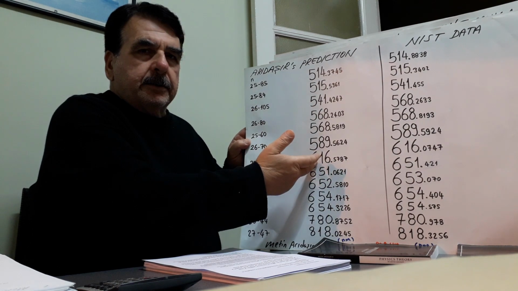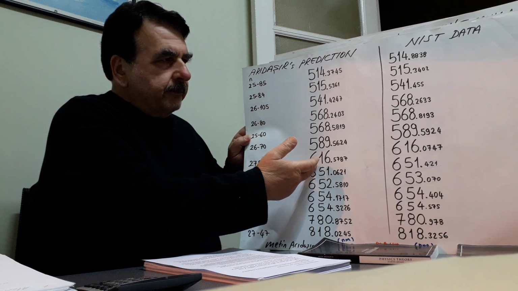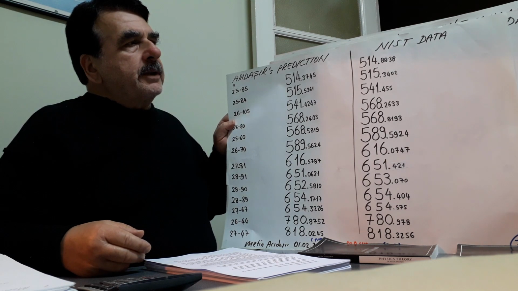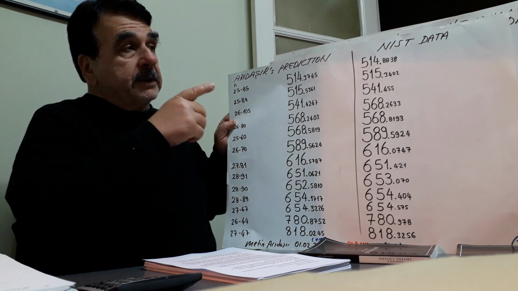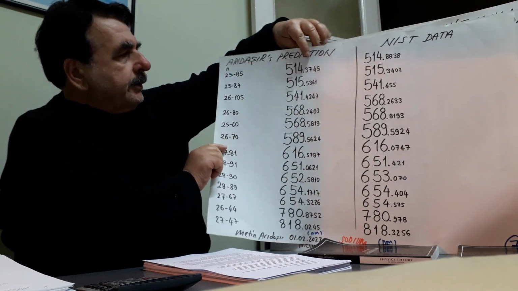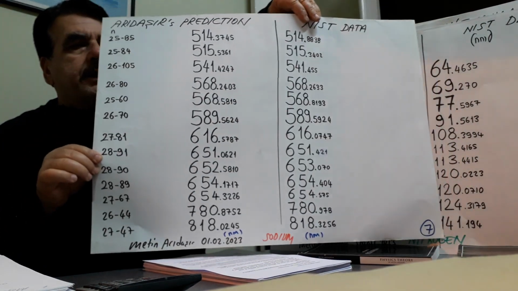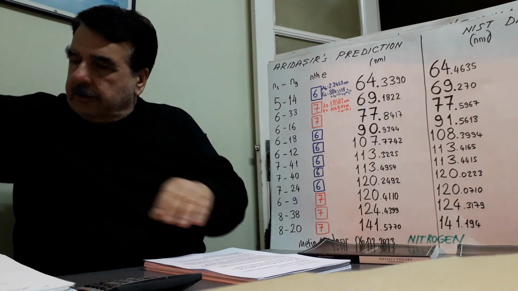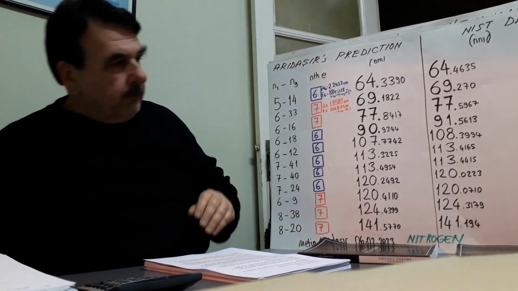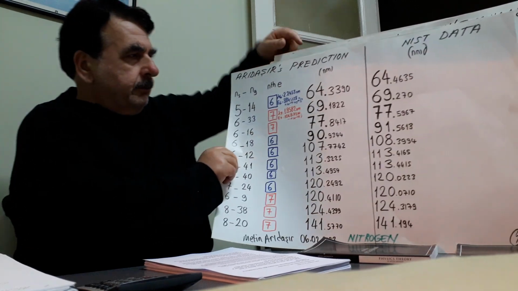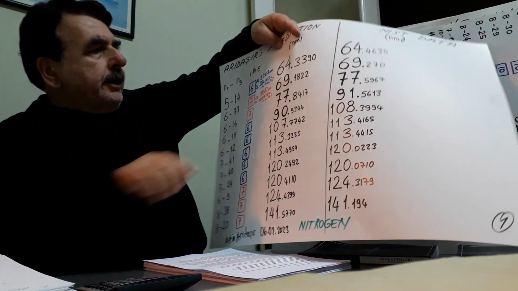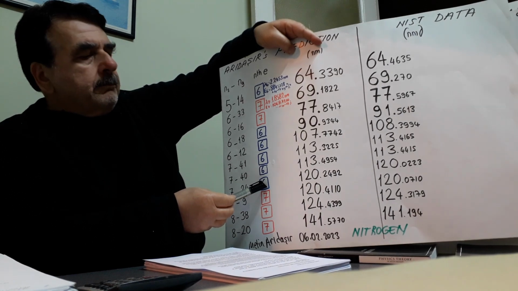Left side, my calculation according to my theory and my formulas. Right side, National Institute of Standards and Technology data. Again, snapshot. As I have told you before, first page. This was sodium. Here, nitrogen. Left side, my calculation. Right side, NIST data. Here, blue square,